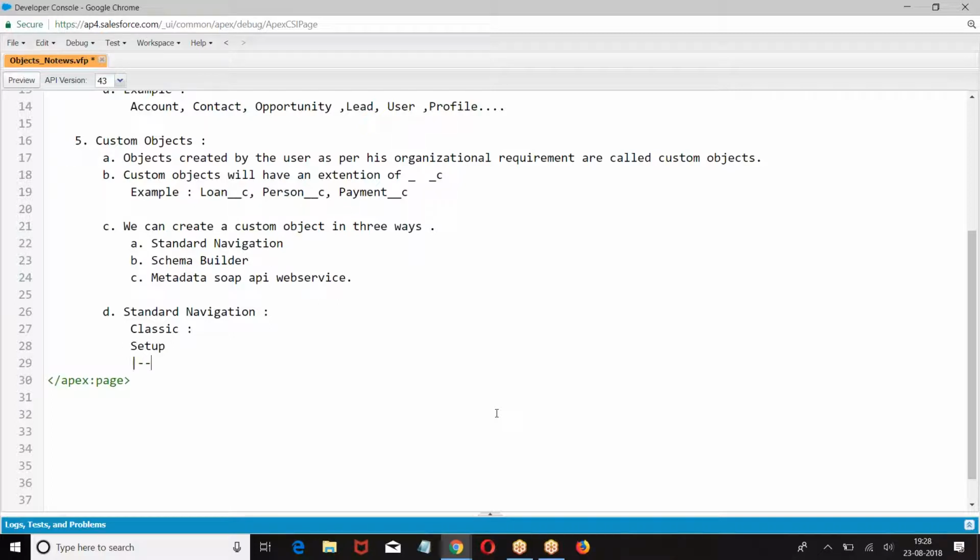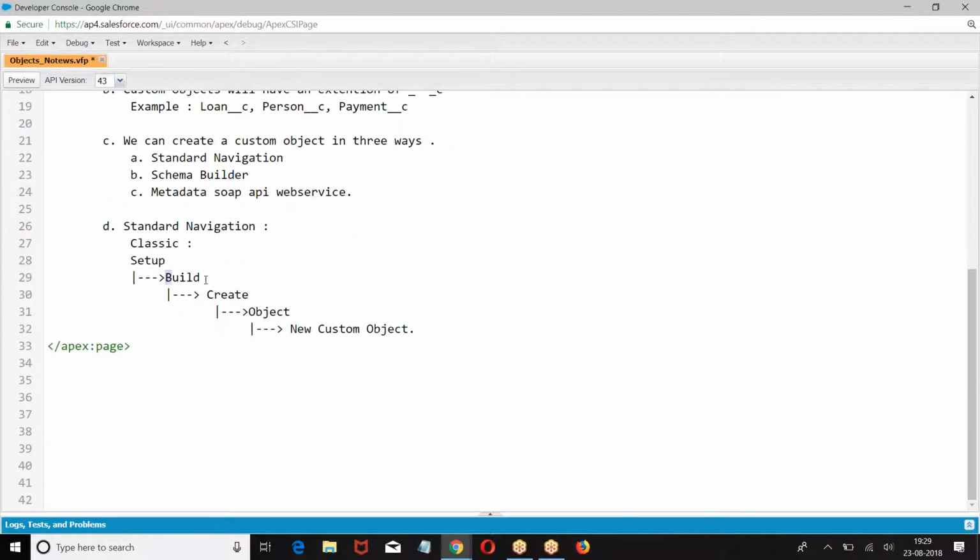Setup, build, create, objects, new custom object.